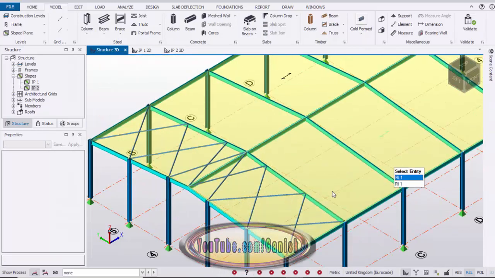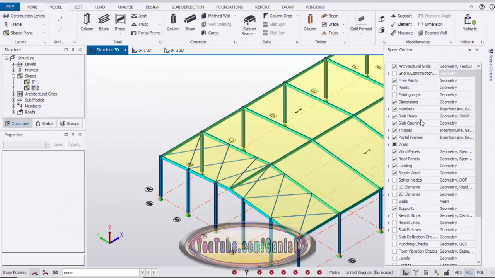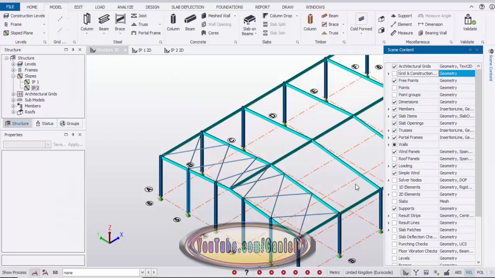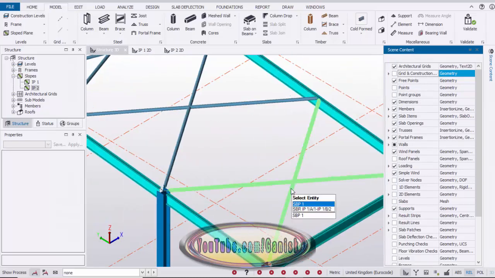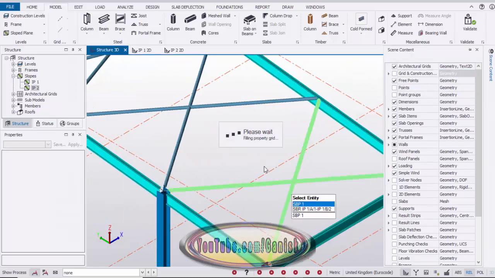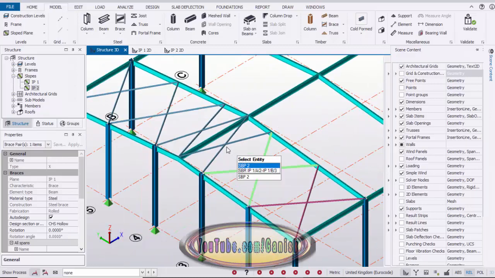Okay, now we're going to turn off this roof panel. So click here at the scene content and remove the tick mark on roof panel, and now we're going to select these bracings. So hold the Control button and select this bracing like this.